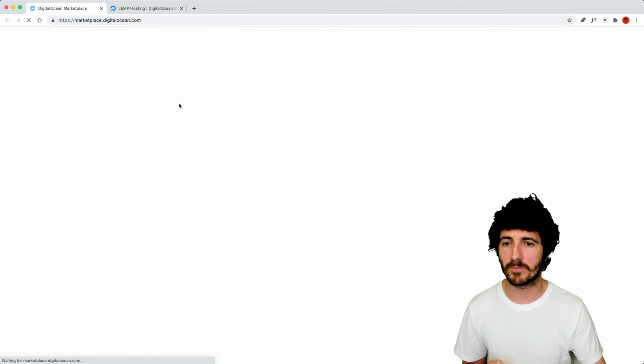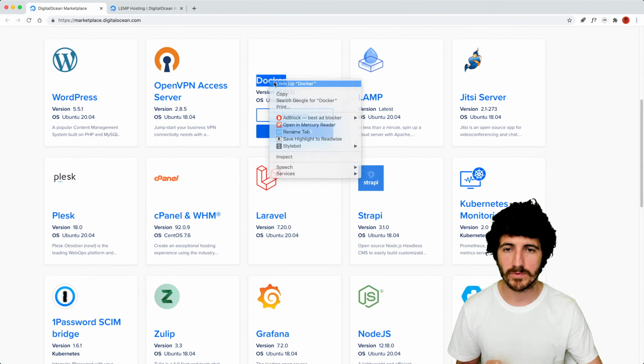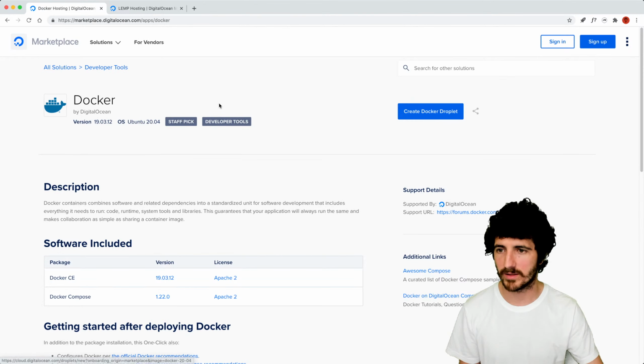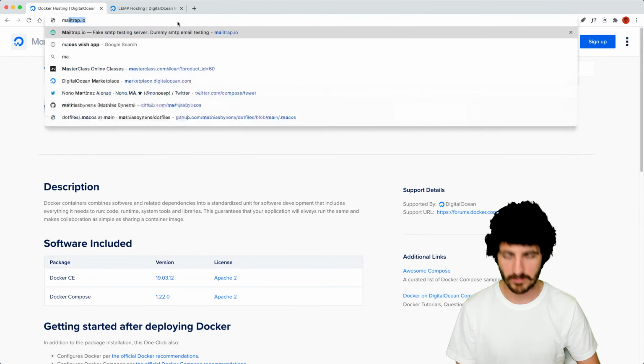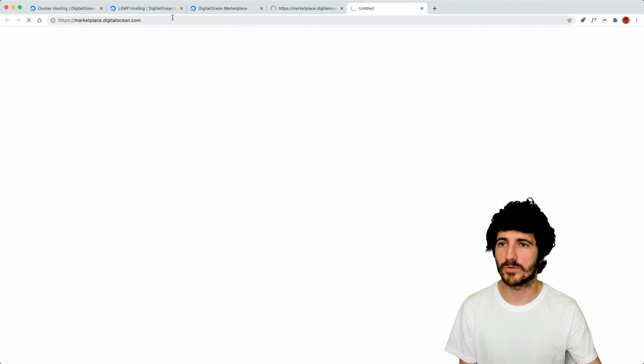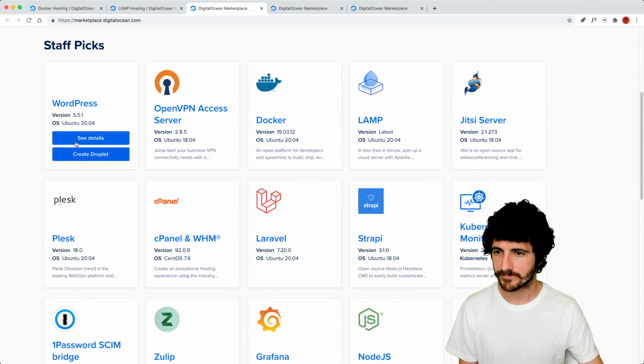All right, so we're going to leave here the LEMP one, and I'm going to pick a few more. I like the Docker one. You can click on create Droplet automatically. But let me open the marketplace and we'll open them all multiple times. I'm going to create one with WordPress.